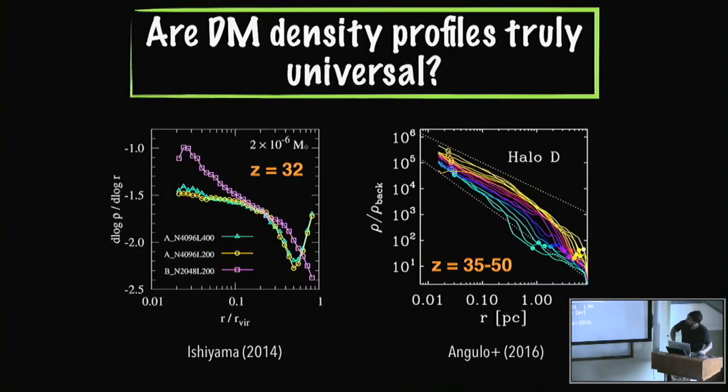In the last 30 seconds, the other interesting thing that one could look at is very much a theoretical pursuit, which is to understand whether or not the density profiles of dark matter are truly universal. Since childbirth, everyone is told that halos are described by NFW profiles, but some authors have shown that if you go to the free streaming scale, this is actually no longer true, and in fact, the slopes become power laws, described by a 1.5 slope.